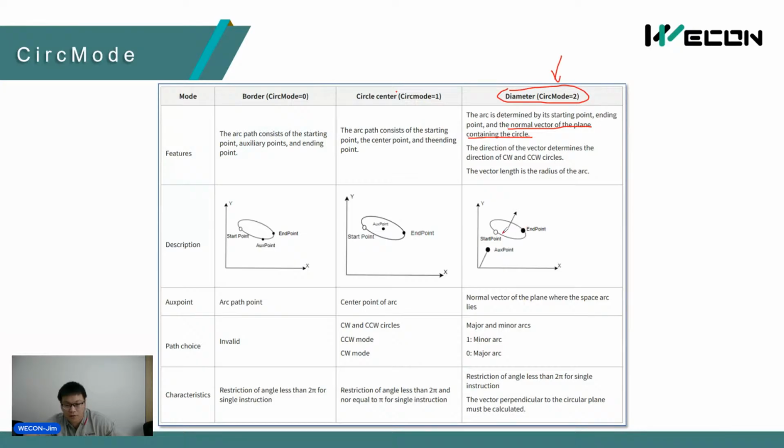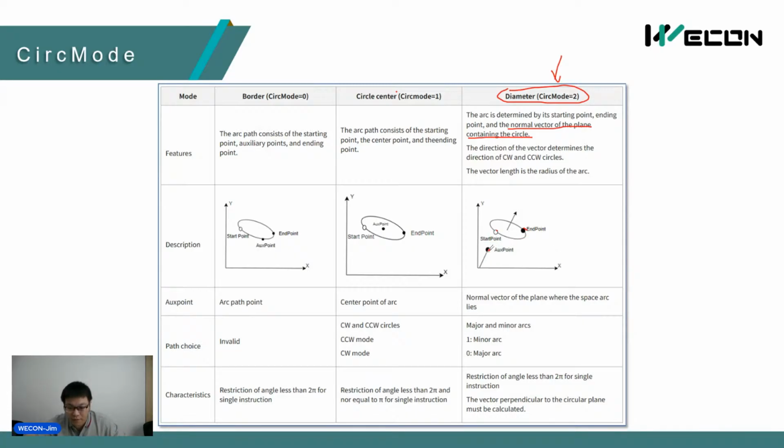How to understand? Also, we have one start point and one end point, and we need to use this axis position to define the direction of the circle,